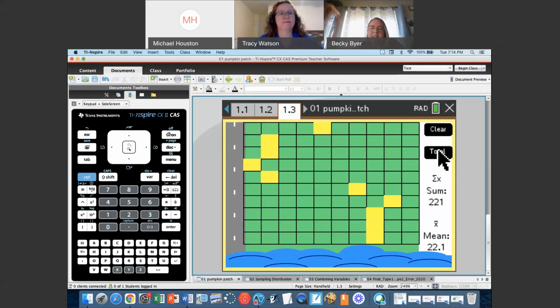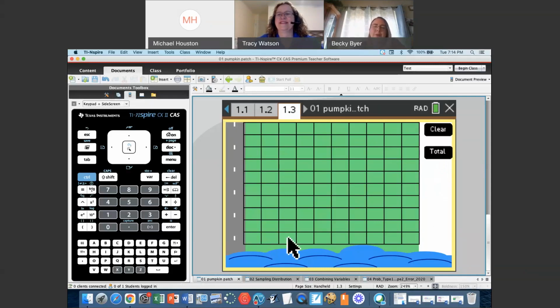Somebody did ask, can you just click on one and see what's in one cell? Let's try it. Yes. And that's actually how we end up with what's really in the field. At the end, we do a big reveal, or if the kids stumble upon it on their own, they'll click on all 100 squares and say, I already know the answer. Here's what's in there by the time they're at the end. But it does take a little bit of work to do that. And we all have that student that will do that.